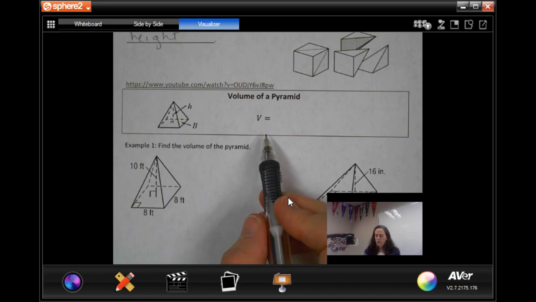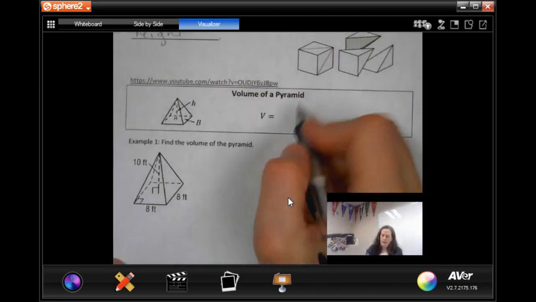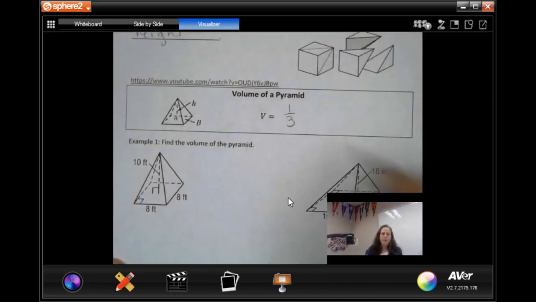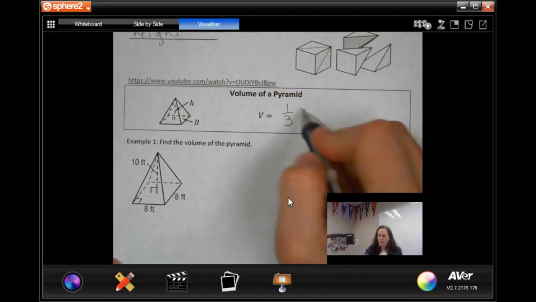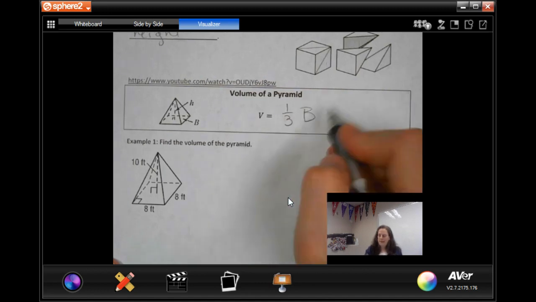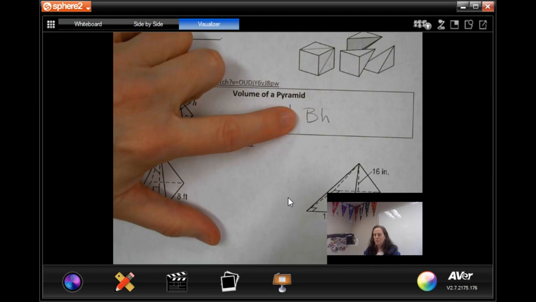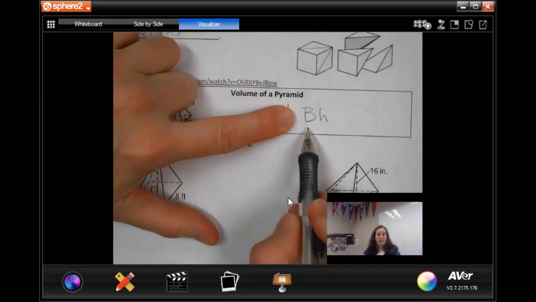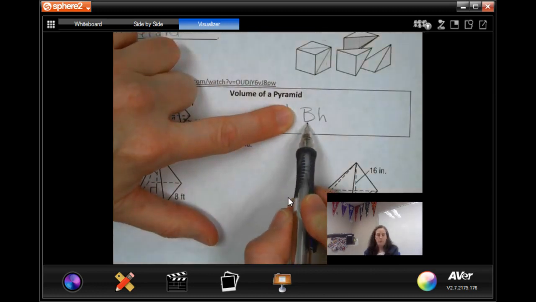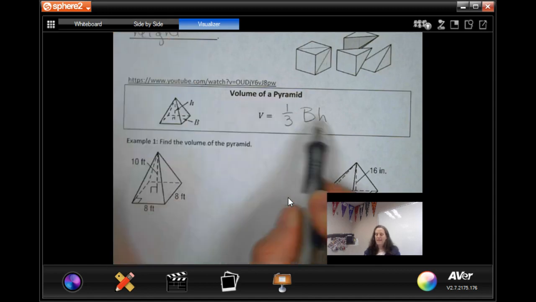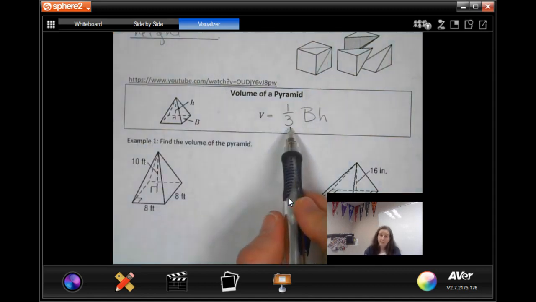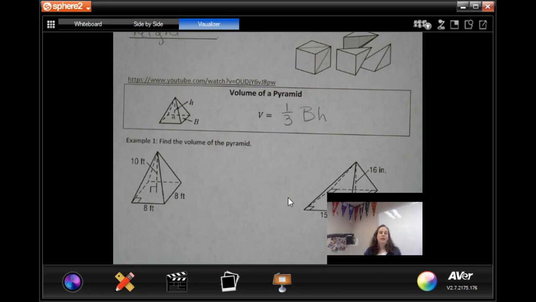This formula, the volume of a pyramid is 1/3 the area of the base times the height. So if you look at just this piece, that's what we did in the last section, right? For the prisms, the area of the base times the height. And now we're going to split it into 3 parts and take one of those